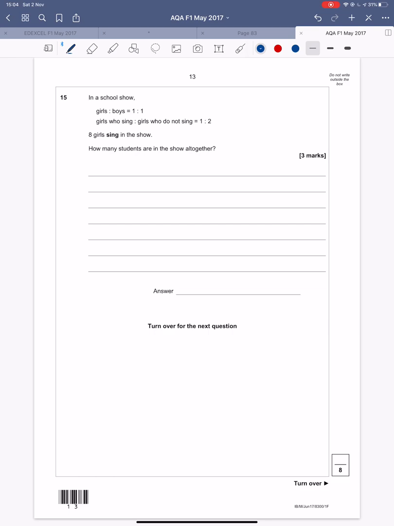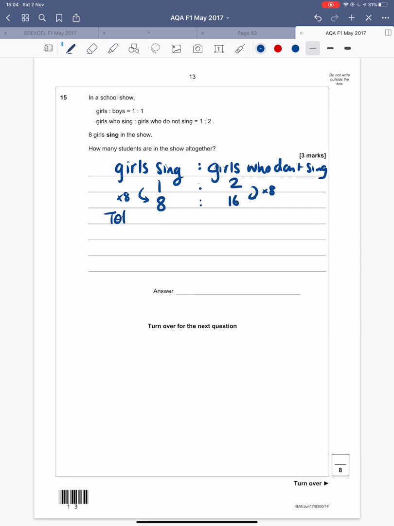Okay, so 8 girls sing. So the girls who sing to girls who don't sing is 1:2. And if we've got 8 here, that's times 8. So that means this is times 8 as well. So we've got 16. So the total girls is 8 plus 16, which is 24. Okay, so we've got all the girls because they're either singing or not singing, and there's 24 of them all together. Girls to boys